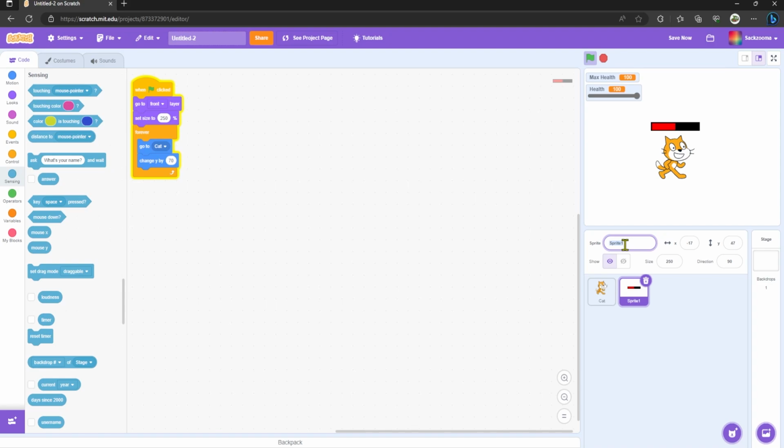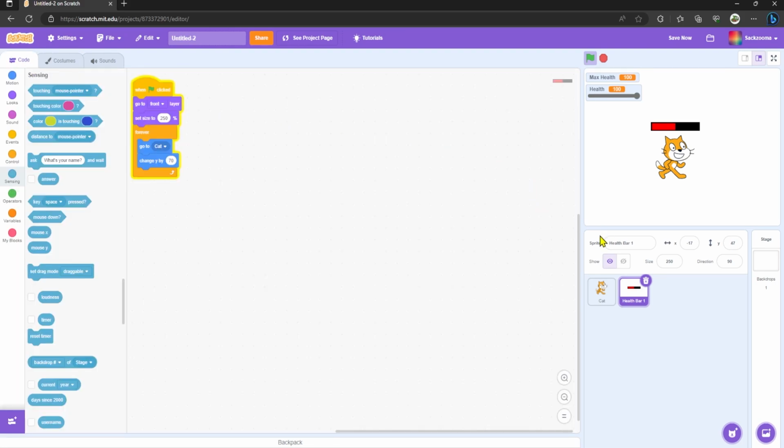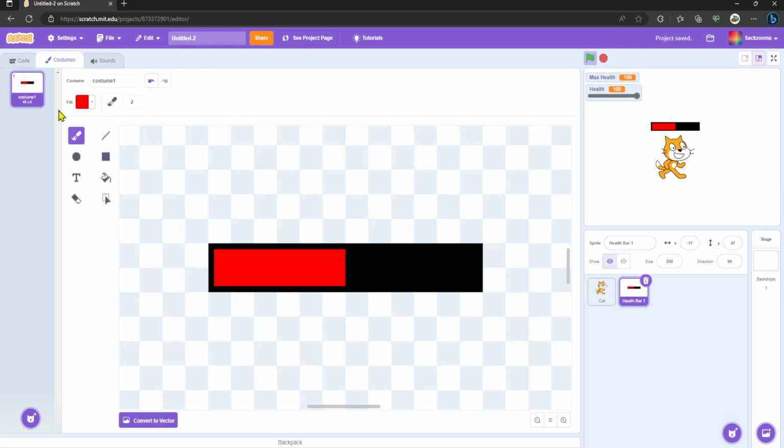I'm now going to rename our sprite to health bar 1, and I'm going to go to costume and set this costume to something. I can't just leave it costume 1. It does not really matter. However, if you really wanted to, change the name to make it easier for yourself, I guess you could call it like